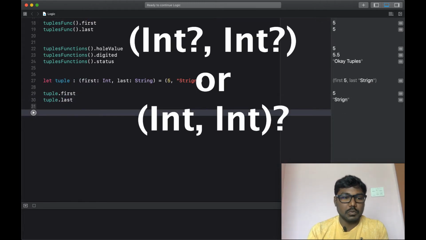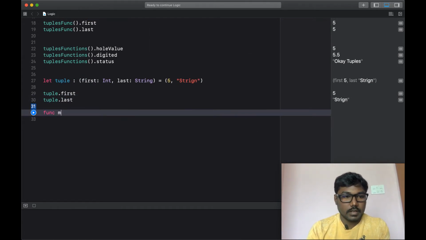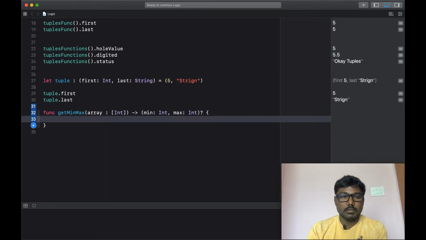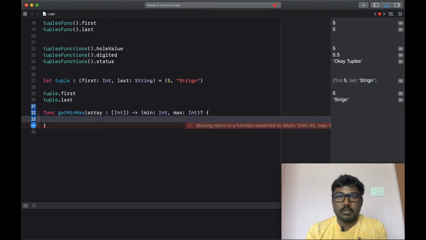Tuples as an optional value: I am creating a function, calculate get min max from the array. This is an int array, so I am setting the parameter as array of int, and the return type is two int values. One is a min and another one is a max, so the max as an int. Likewise, we can return the values, and this is an optional because if the array was empty, we can't return the minimum and the maximum values. So that